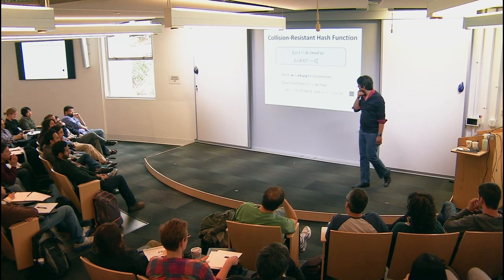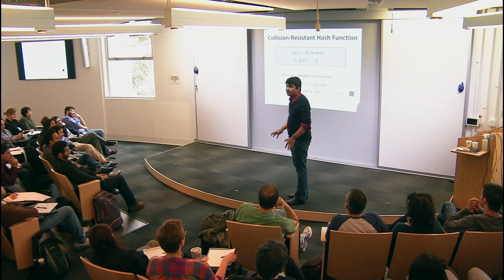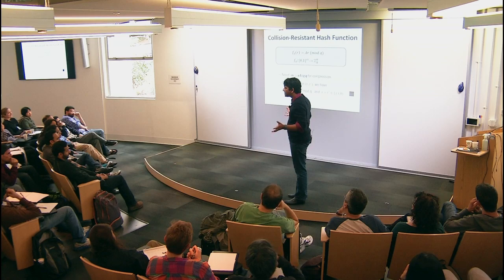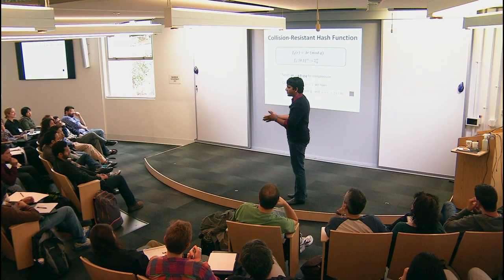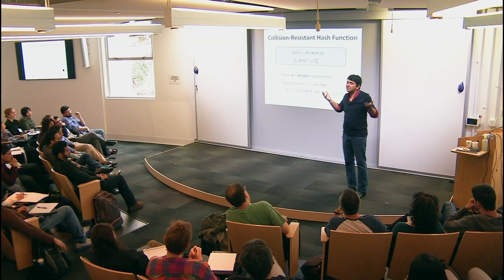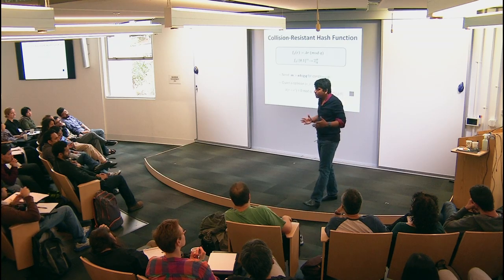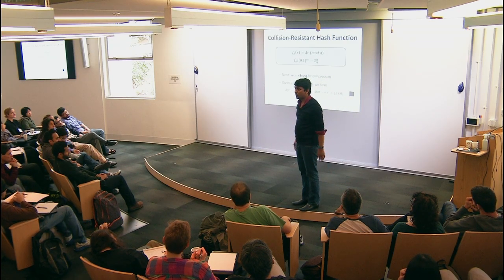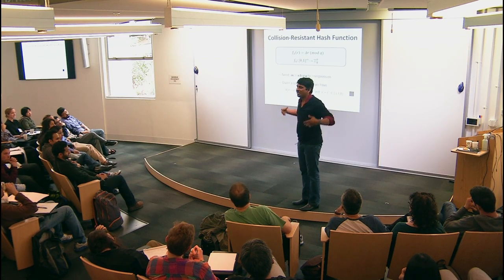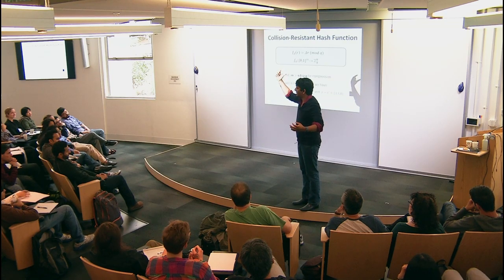So interestingly, this function, we know about the hardness, even the one-wayness of this function, only for the range of parameters where it's compressing. So for collision resistance, it only makes sense to talk about the compressing range of parameters. Otherwise, what is collision resistance? But even the one-wayness of this object, we only know for the compressing range of parameters. So there's something about SIS where the hardness comes from the fact that there are many solutions, and the hard thing is to pick out the small one out of it.